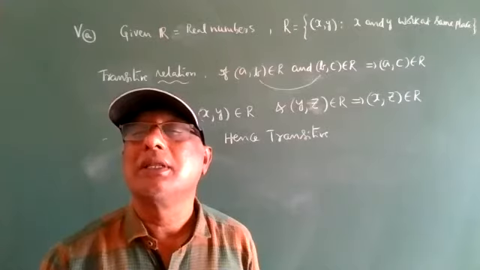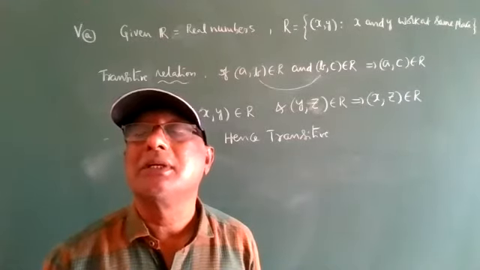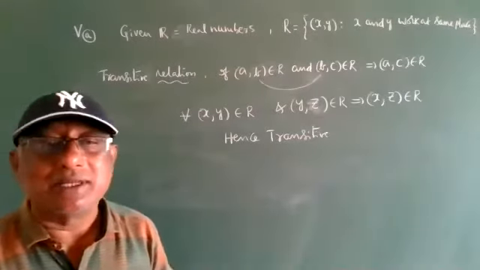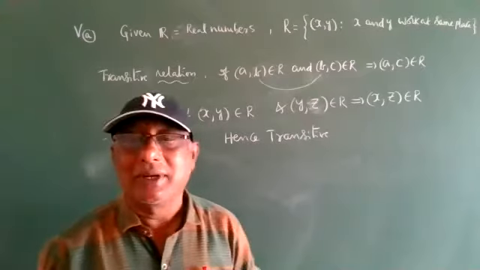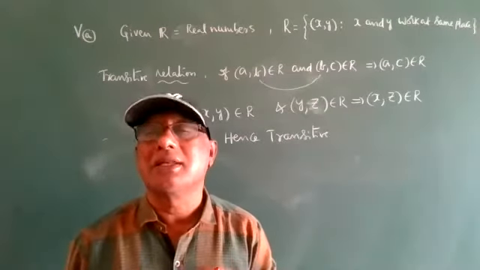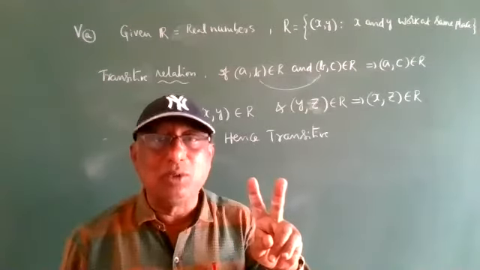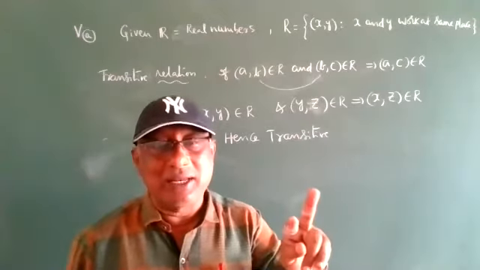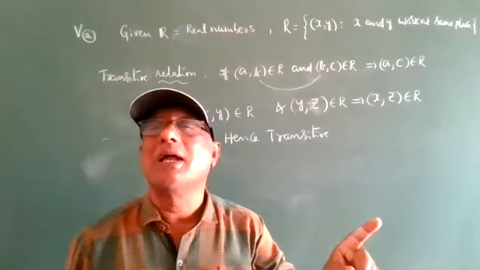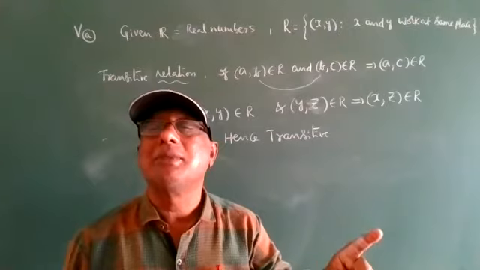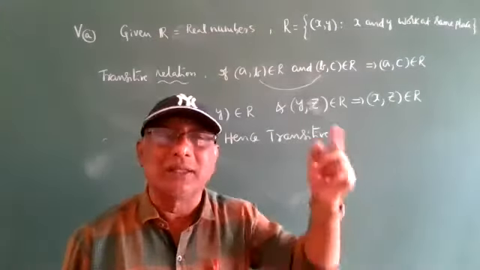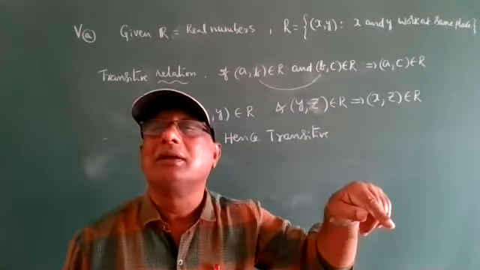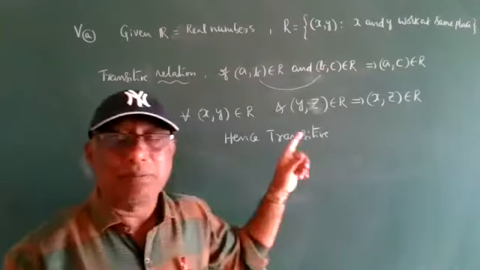Only Rama and Krishna in the class. We need a third person to see. For symmetric, a third person is not necessary. For symmetric, only two persons are necessary. So if Rama and Krishna stand in the same class, a third person is not necessary. The third person is needed for transitive.